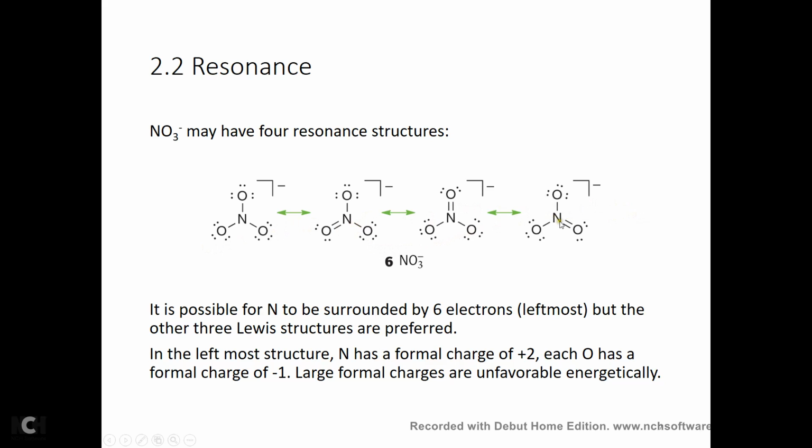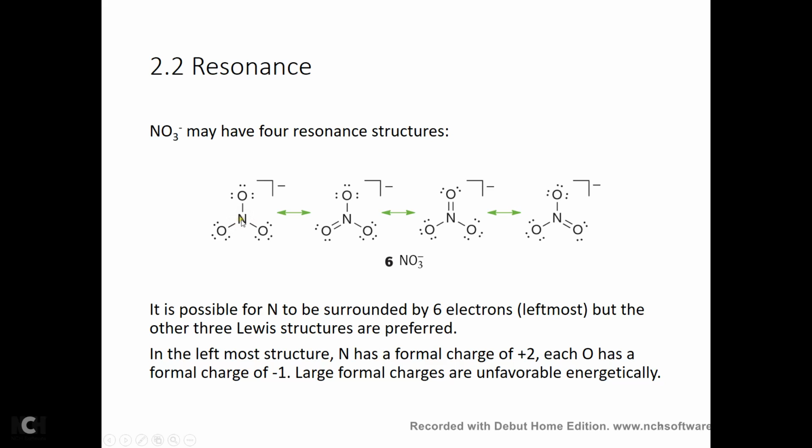In these 3, each atom is surrounded by 8 valence electrons. In here, there's one exception. Nitrogen is surrounded by only 6 valence electrons. And what's more, this one is bad because you have -1 formal charge on each of the 3 oxygen atoms. -1, -1, -1. And this nitrogen has a +2 formal charge because we need to just assign half of the